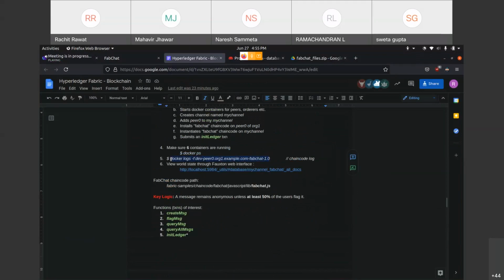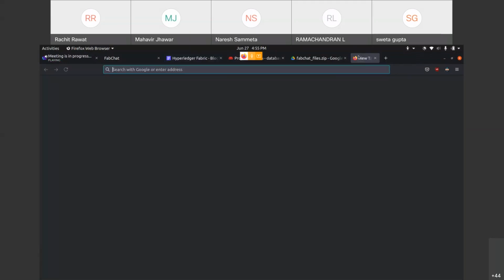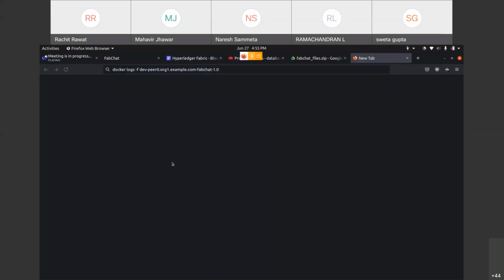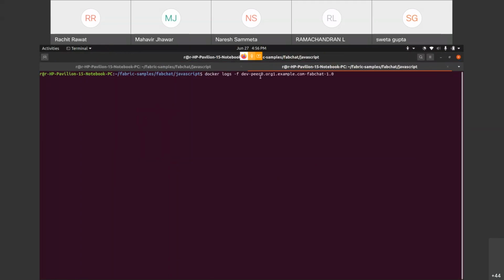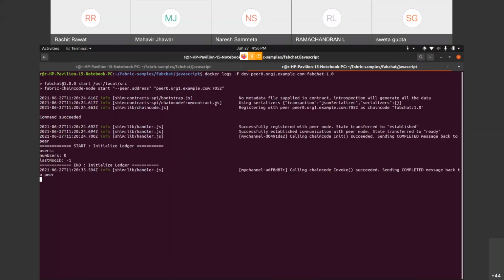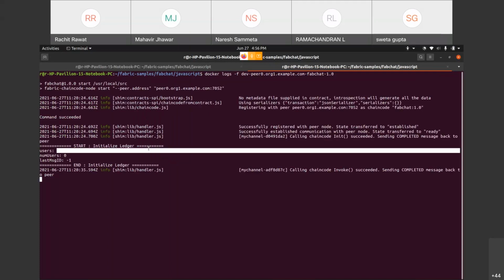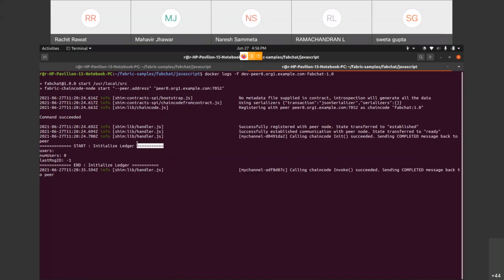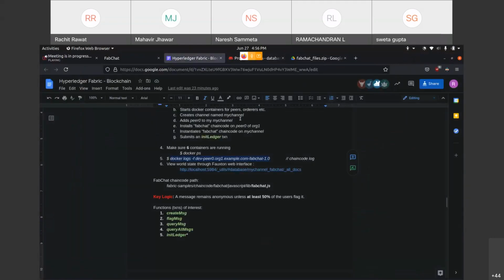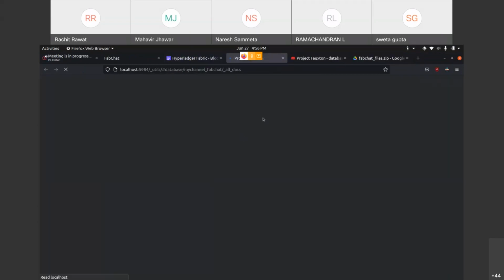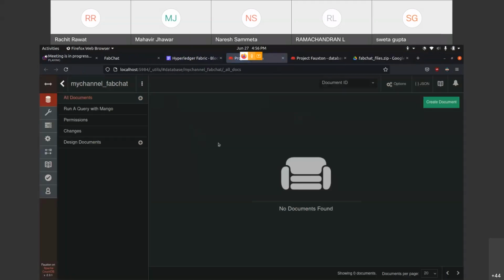Before I do a create message, you might want to know how to debug the chain code if you're developing it. You'll have to see the logs for it. So first we have a command. You can execute this to get the logs of the chain code. Fine. So the command succeeded. Up till now we have done only the initialize ledger transaction. We have not done any create message transaction yet. Similarly, let me open this world state. It's empty right now. No create message transaction has been done.